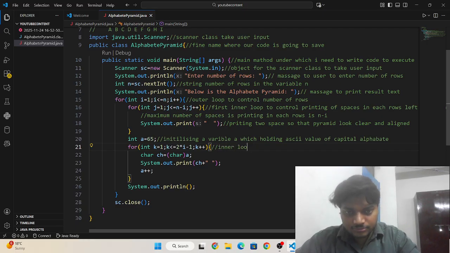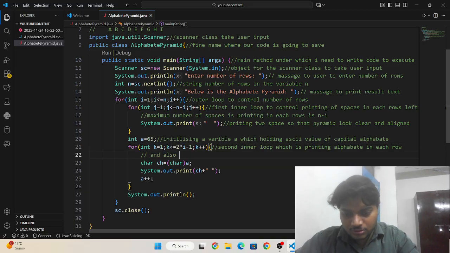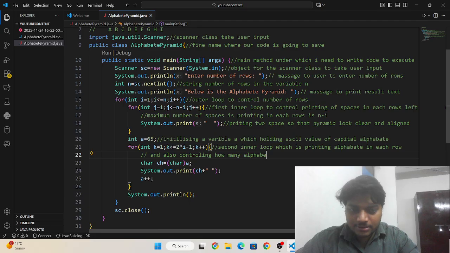the inner loop, the second inner loop, which is printing the alphabet in each row, and also controlling how many alphabets we need to print in each row.